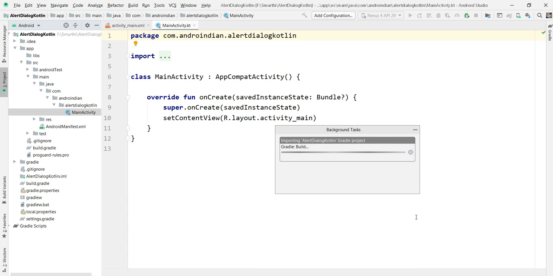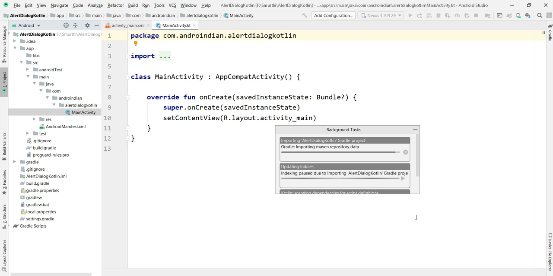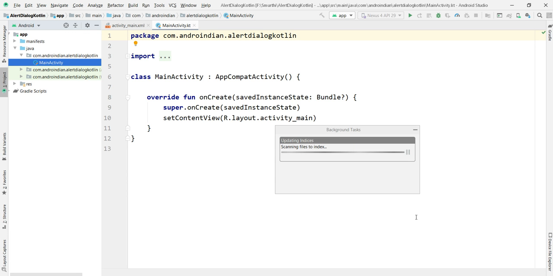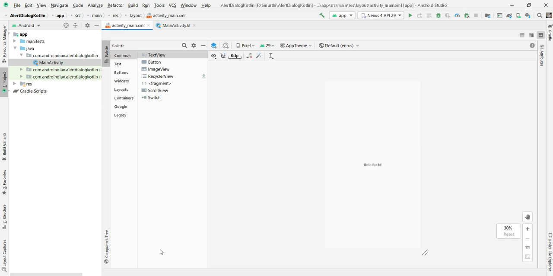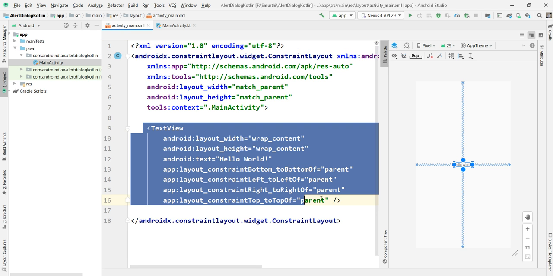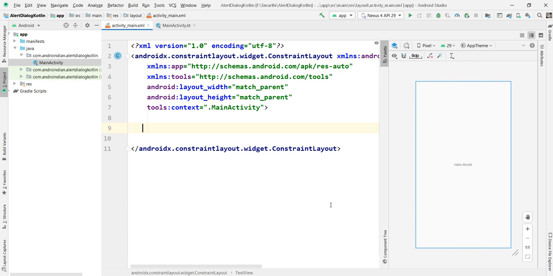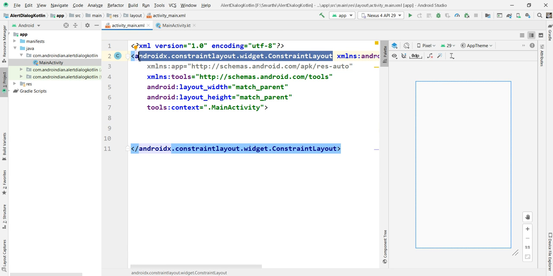Still this project is being created. Once this project is created, we can see this. See, this project has been created. Here I want to remove this, and change this to a linear layout.